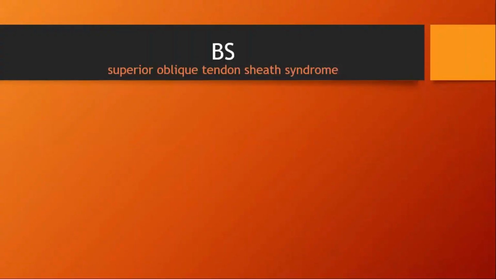We have an old name for Brown syndrome, but I like this name because it reminds you of the pathology, which is the superior oblique tendon sheath syndrome. So the etiology of Brown syndrome is restrictive at the level of the superior oblique tendon sheath trochlea. In this area, we have a restrictive component. I like to contrast Duane syndrome with Brown syndrome. Duane is now considered a CCDD. It's neither restrictive nor paralytic, or it is a combination of both. But Brown syndrome is a restrictive strabismus syndrome.